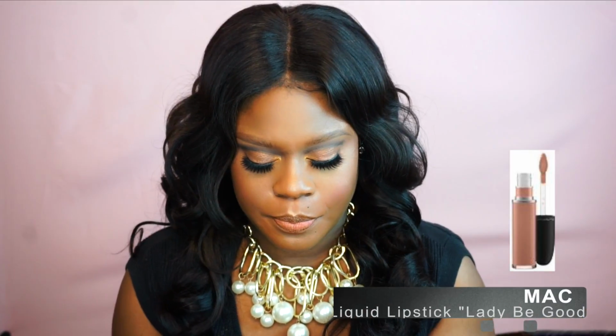And I'm gonna go in with MAC's Lady Be Good. It's a retro matte liquid lip color. It's so pretty like this. I'm obsessed with this color because it's a